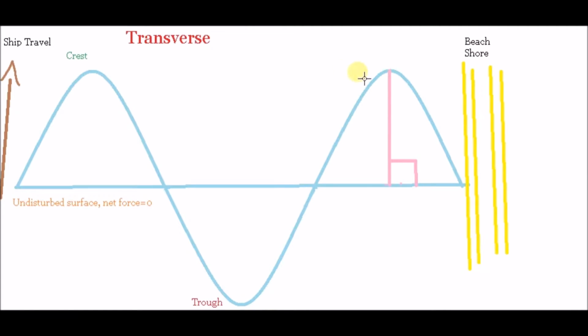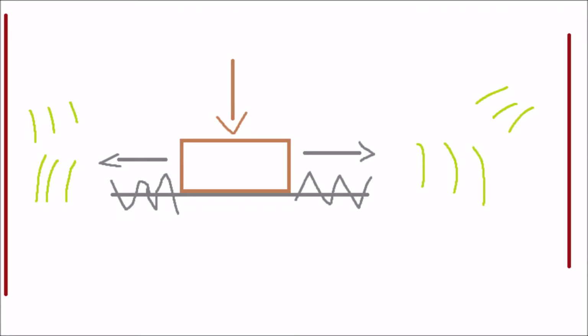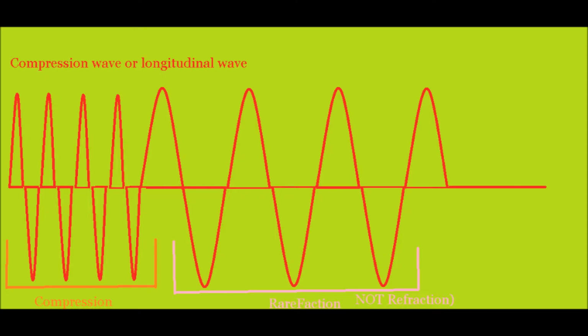Another example of waves are sound waves. When it fell, it compressed the molecules in the desk. Because it is compression, we call it a compression wave. Compression waves travel parallel to the direction of wave travel on the undisturbed surface. In compression, your crests are your compressions, or areas of highest compression, and your troughs are refractions, or areas of lowest compression. Now let's go back.